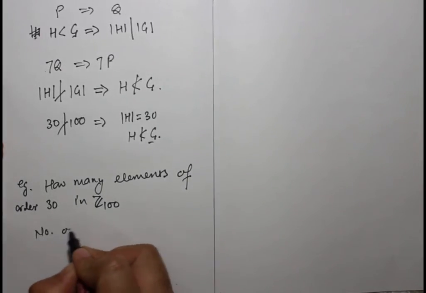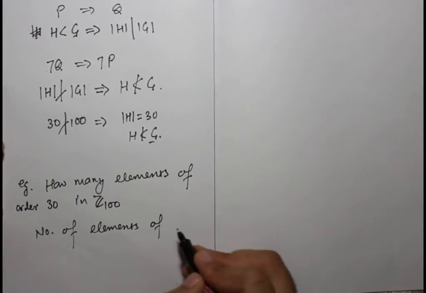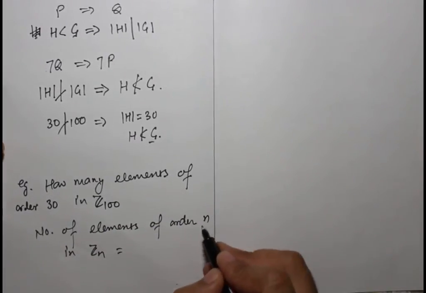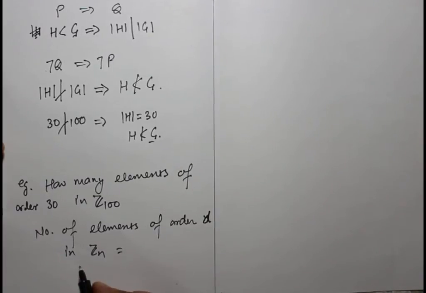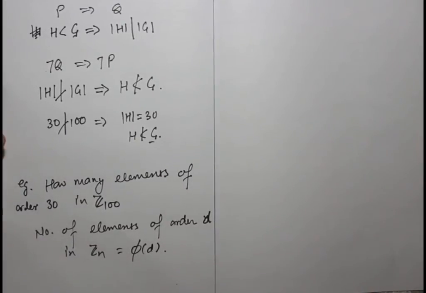We know number of elements of order d in Zn equals to φ(d). ओके, ये फार्मूला तो होता है।